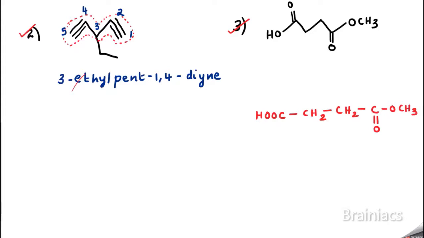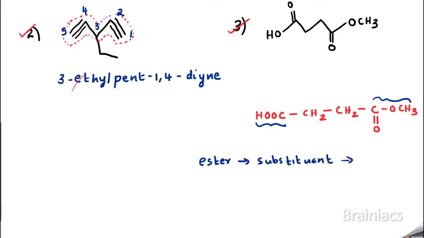I will say. Now here, if you see, two functional groups can be seen. One is the carboxylic acid group and the other is the ester group. So this is the carboxylic acid group and this is the ester group. Now I know that when carboxylic acid and ester are there, who will get the priority? Carboxylic acid will get the priority. So this will behave like the functional group and ester will behave like the substituent. So here is the important thing. When ester is behaving like a substituent, then the carbon